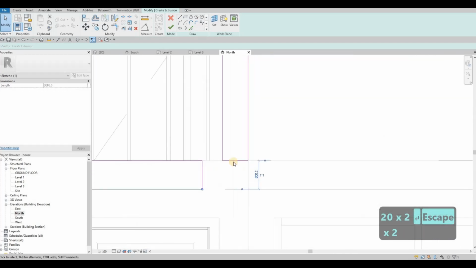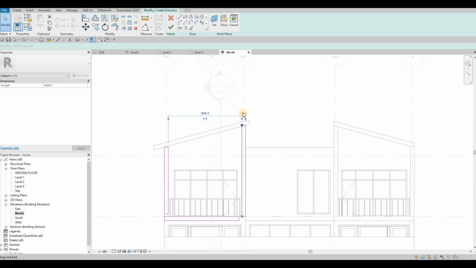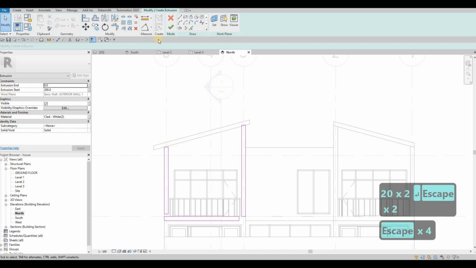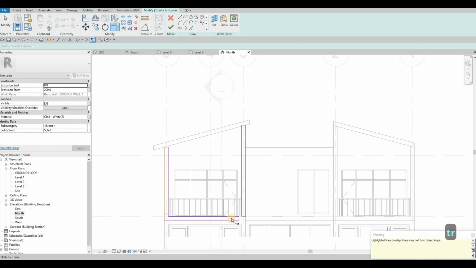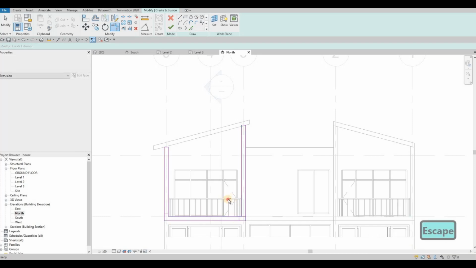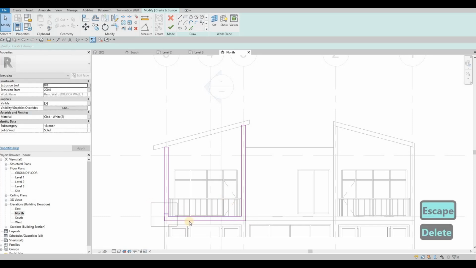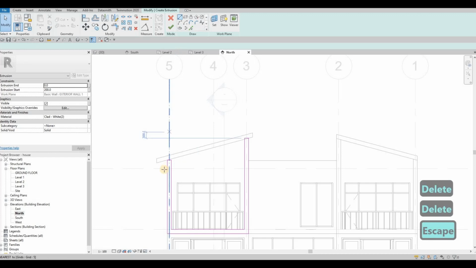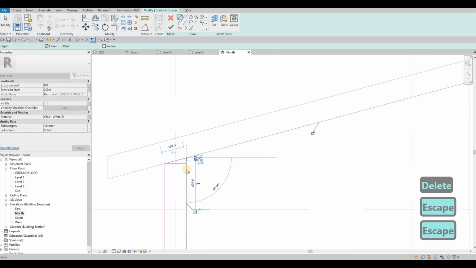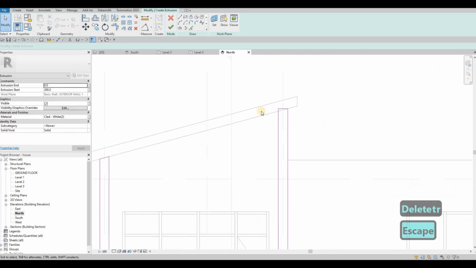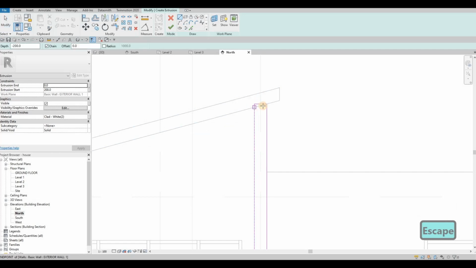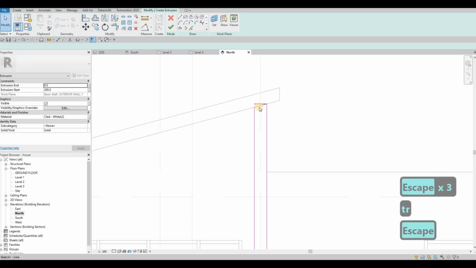I think this is 200, so that's good. Let's check this one, needs to be 200, and then this one is 200 already. Trim and extend. Clean this. Delete this, trim, clean this one, delete this,